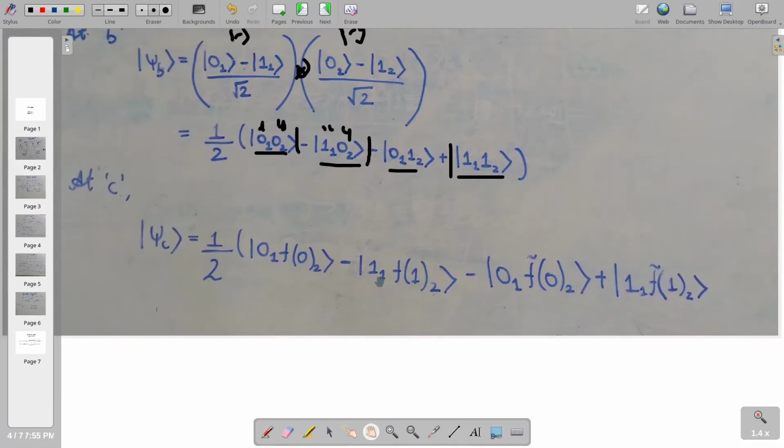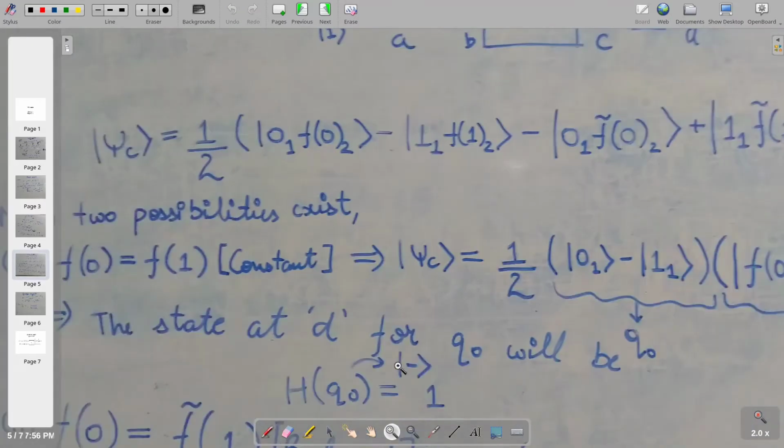Now moving further, things get a bit interesting here, because we see that y itself is 1 this time. So f becomes f x XOR y. Y is 1 here, so we get f negation, which is nothing but an inverse of f. I denoted it using this sign, so it's nothing but f negation 0 2 plus 1 1. The same rule applies to the last qubit, because y is 1 here, so we'll get f negation 1 2. So that's it.